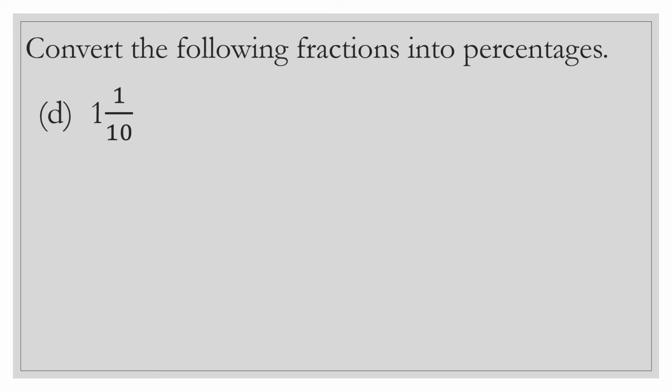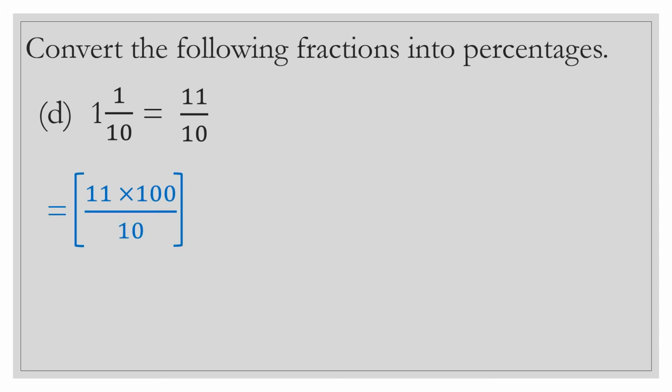The next question is convert 1 1 upon 10 into percentage. See, 1 1 upon 10 is a mixed number. So let's convert it into an improper fraction. How? Let's see. 10 ones are 10 and 10 plus 1, 11. So we get 11 upon 10. Then multiply the fraction by 100 and put the percentage symbol. That means 11 upon 10 multiply by 100 in bracket and put the percentage symbol after bracket. Now simplify. Cut 0 by 0. Now we have 11 multiplied by 10. Do the multiplication. We get 110%. So the answer is 110%.